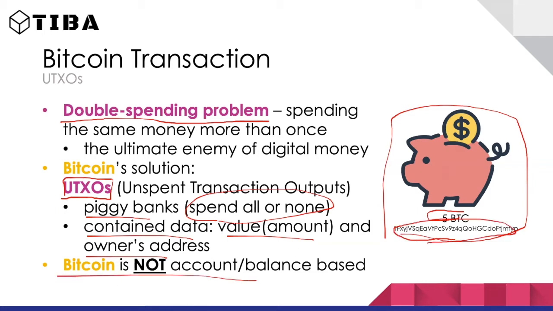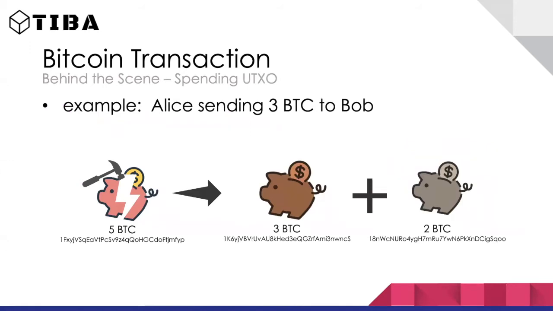One thing you realize is that Bitcoin is not account or balance based, so it doesn't keep track of how many Bitcoin you have. It's like you own these little piggy banks, these little UTXOs. Another example: Alice is trying to send 3 Bitcoin to Bob. Say she has a UTXO that has 5 Bitcoin. She has to break it,